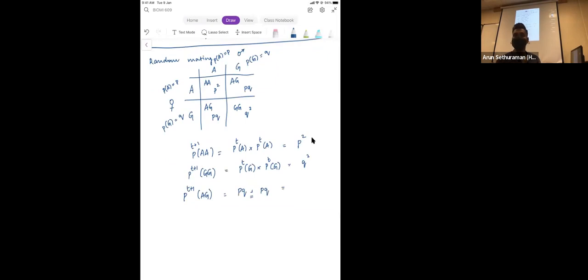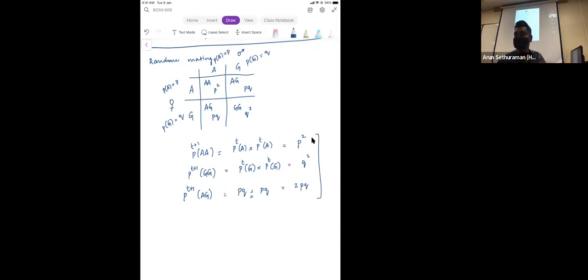That's because these are mutually exclusive, right? They can't happen at the same time. They're kind of like the addition rule of probability. And this would be expected to be equal to 2PQ. And so we call this the first principle of Hardy-Weinberg equilibrium, which is basically telling you that